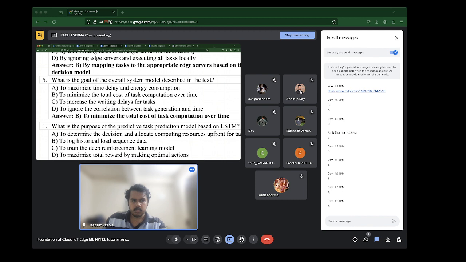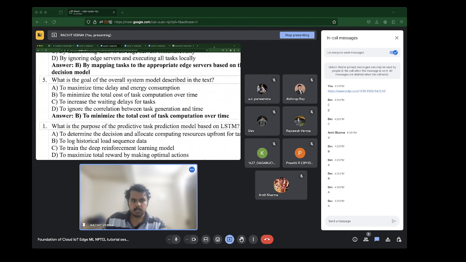I'm sorry, over here, the LSTM does not exactly do the allocation of computing. Please ignore the part about allocating computing resources upfront for the task.